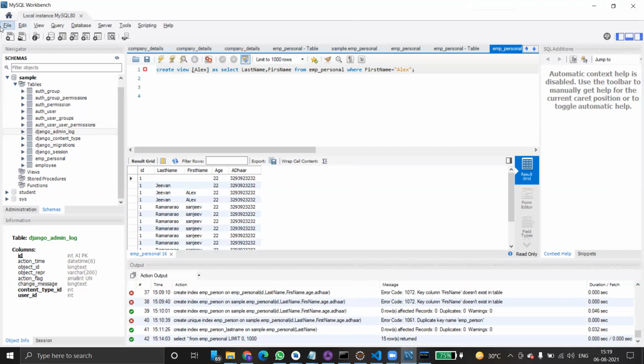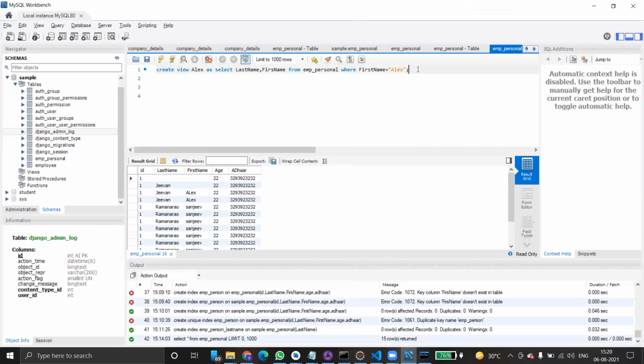Okay, so there's a mistake. Basically we are creating a view, and we can query the view. How do you query it?